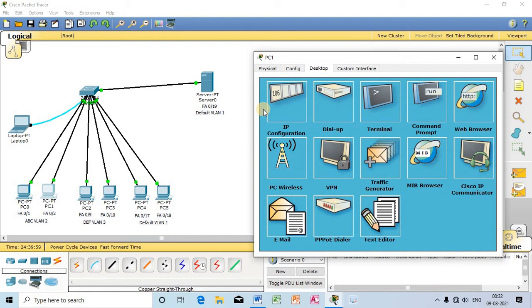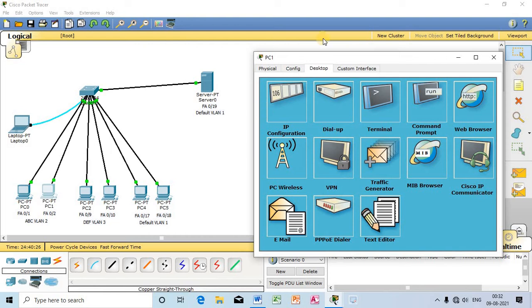If that IP address is available in the server database, then the same IP address could be allotted again. But in some cases, if that IP address is allotted to some other system, then the server will send some other IP address to the computer which is connected in the network.